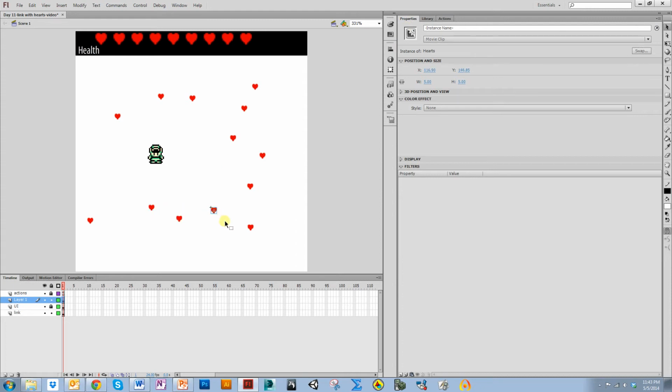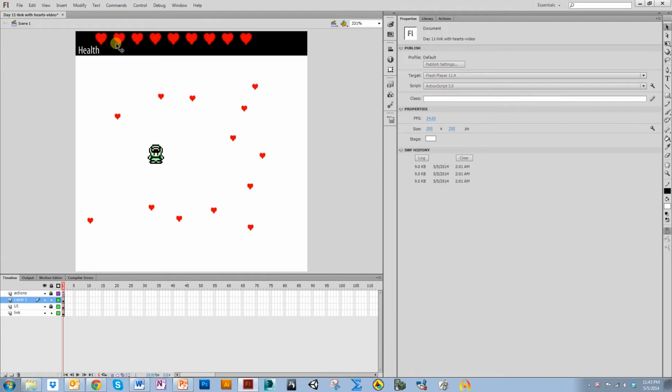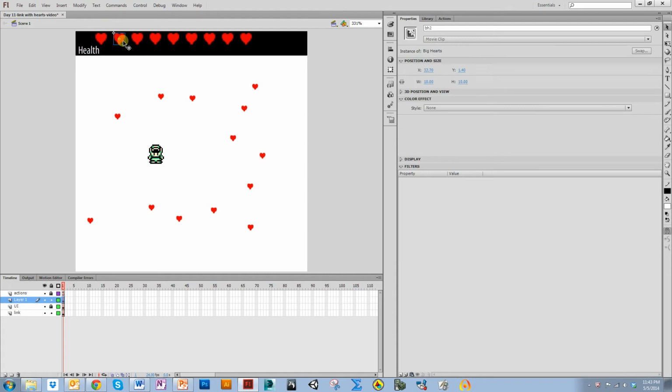It was one of these little guys down here. I made the instance name for the heart, and I had an instance name for each of these. Well, instead of having to make an instance name for each of these little bitty hearts, I'm actually going to use an array to define them, so I don't have to do that. But I do want to name each one of these. So I have BH1, BH2, I'm going to name this one BH3, BH4, BH5,